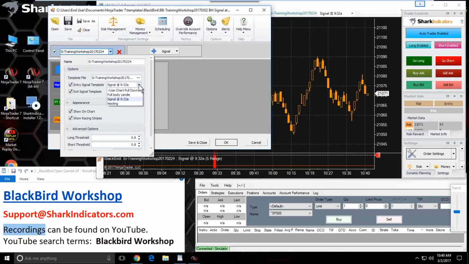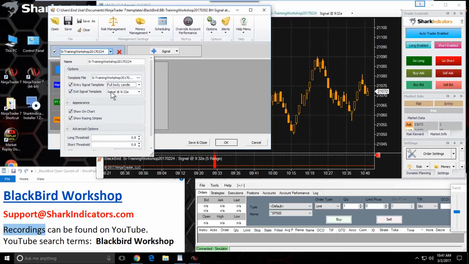So let's just say I build a BloodHound system, and I'm using this full body candle logic template as my entry signals, and then I could build an exit template,